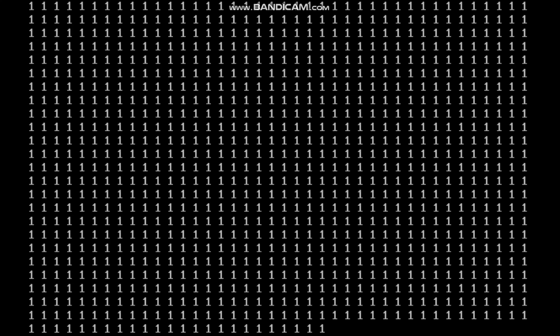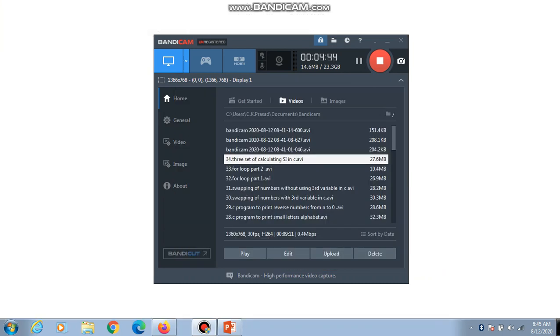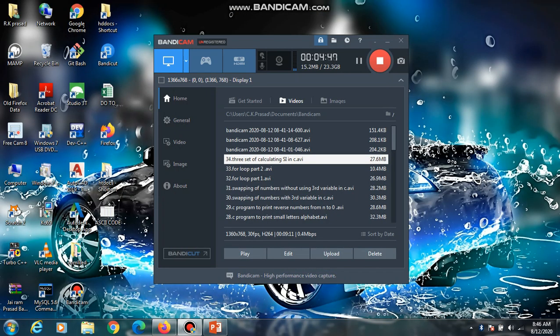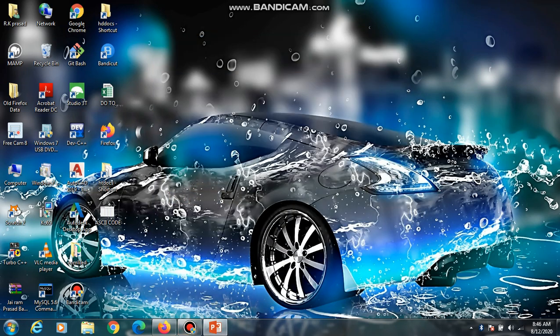See, this is an infinite loop. This is when the compiler doesn't understand your code. This Turbo C++ is very old and it is not getting my input. Control Shift plus break. See, it is not working. So this is what is called an infinite loop. So always use it in this way only, so that you do not get into an infinite loop.